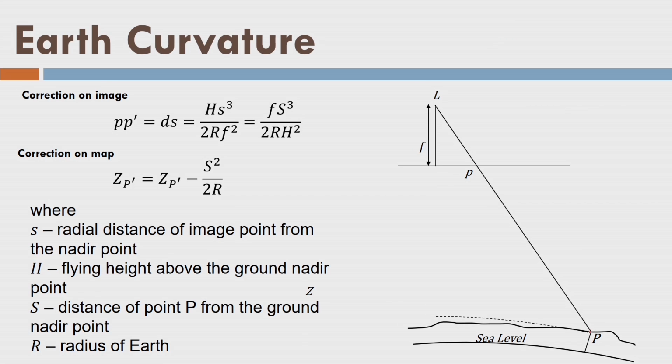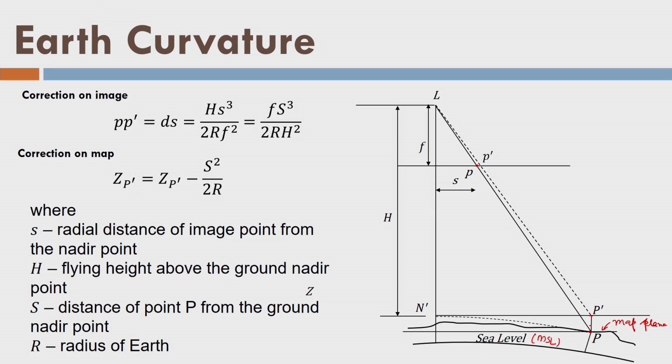Let us see, the point P is located on terrain here, and this is sea level, MSL. This is another point. This is the flying height. This is the map plane. Actually, in the field we have acquired this point P, but now we are using the map in order to correct our image. So, the point P, which is measured with respect to sea level, is now projected to point P dash, and that is why instead of point P, we are saying that point P is P dash in the map. Because of that, if I use the map, I will use point P dash, and as a result I will commit some error over there which is equal to this, and this is the error here, ds, and this ds error is PP dash on the image, and it is given by this.